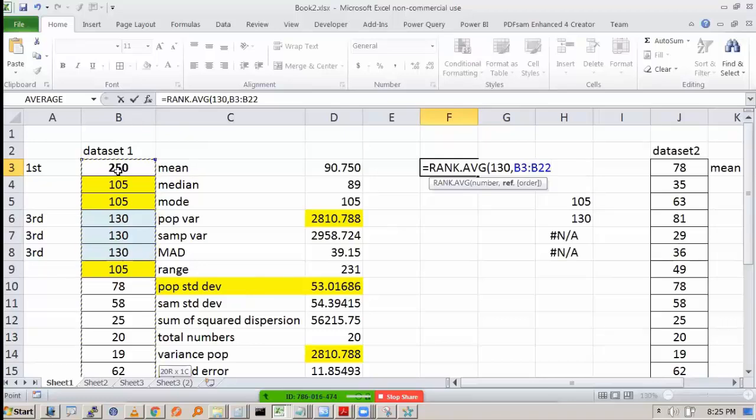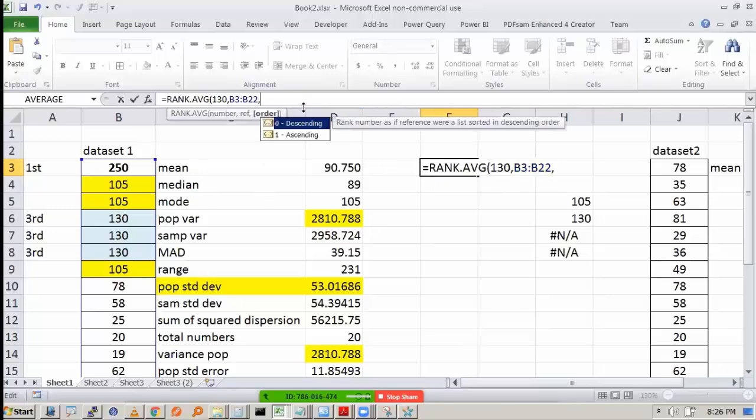As an example, you want to rank the students, who got the highest marks is good. So that is better, right? But suppose you have an IIT JEE exam, those whose numbers are lower are better, right? So rank 1 is better than rank 2, rank 2 is better than rank 3. So here we have to tell whether 130 is better than 250 or not. That is handled using the order, whether the order is descending or ascending. Let's say it is a descending thing because 250 is the best.